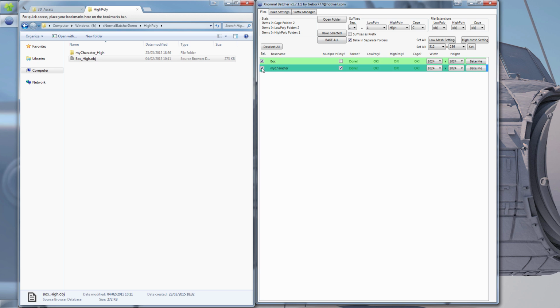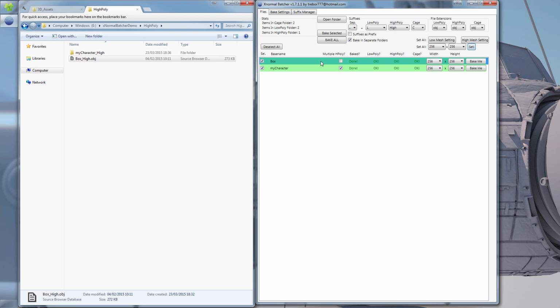You can just set up items individually. Like if you have lots of them, you can just select and deselect and use the bake selected in here, or bake whole if you want to bake everything. It will skip objects that are not valid, obviously. Here you can set up the map size you want to use. Like let's say I want to use 256 by 256. Here we go. Here you can set up the low mesh settings and high mesh settings globally for all the items,